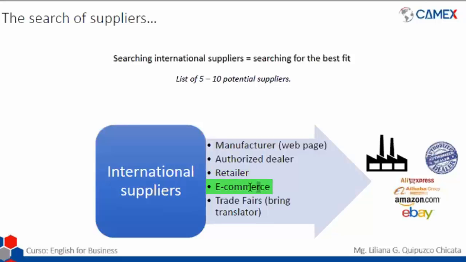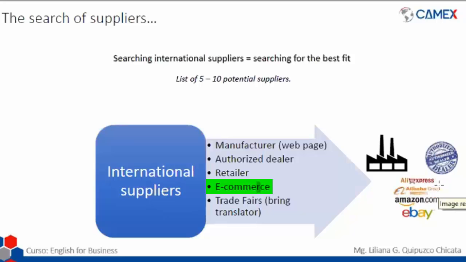We also have e-commerce, and maybe you know this. These are the web pages, the apps that you already know, like AliExpress, Alibaba. AliExpress is for small quantities, Alibaba for larger quantities, Amazon and eBay. From these, I would recommend Alibaba if you're going to buy large quantities. They have really good customer support if you don't get your products, and they give you back the money up to a certain amount of money. Okay, so you have to be careful with this. But Alibaba is really good.